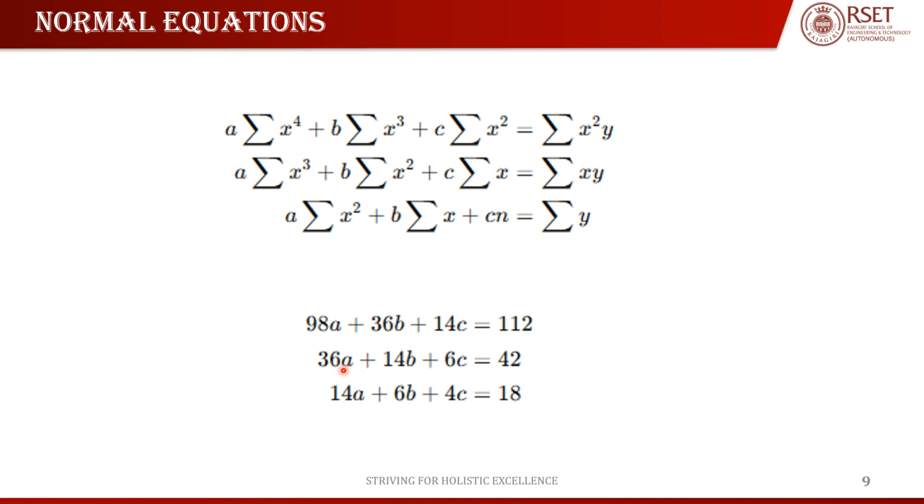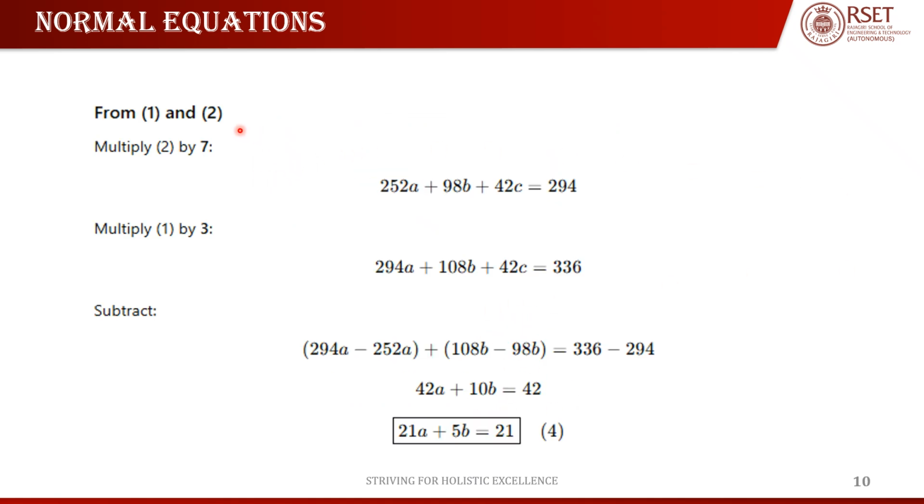Okay, so in the second one you have summation xi cube, which was the same, so that would be 36b. Here you have 36, so just 36a plus 14b equal to c into summation x, which is 6c. Okay, in similar way form the three equations. And now what we do is, from 1 and 2 we'll just multiply the second equation by 7, and on